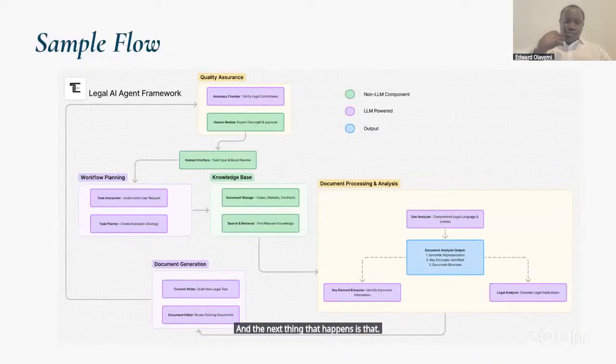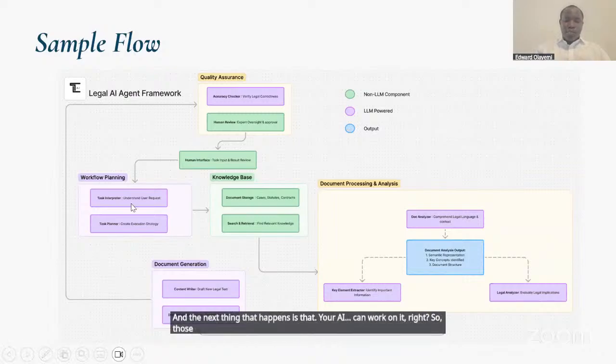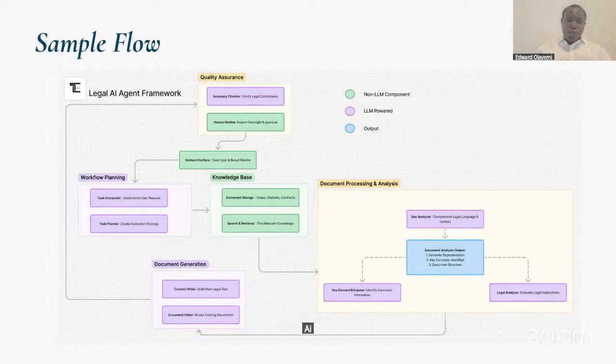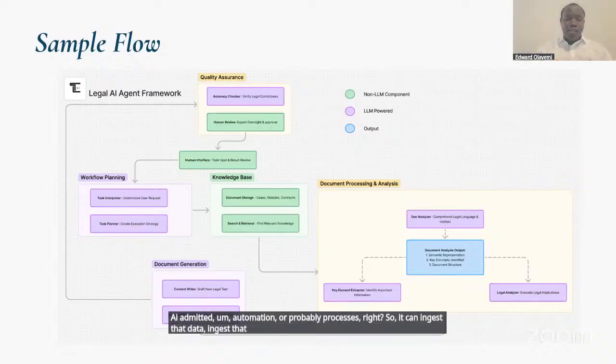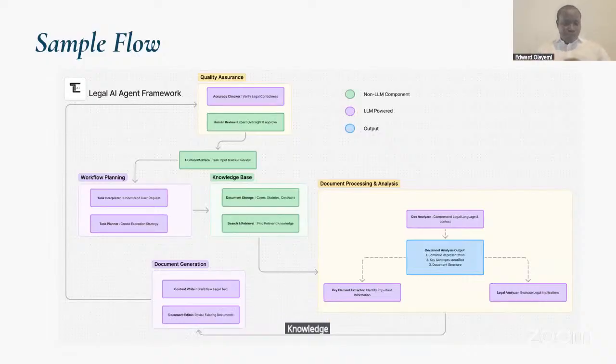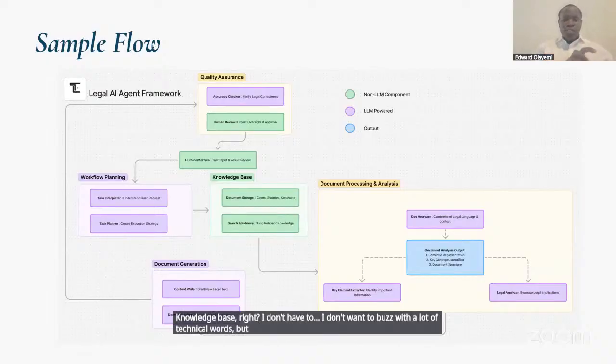your AI can work on it, right? So those that we see in purple are AI-embedded automations or processes. It can ingest that data, ingest that file, and understand, okay, what is the request, and create some execution strategy. And once that is done, it keeps it in some knowledge base. I don't want to bore you with a lot of technical words, but just so that we can understand the